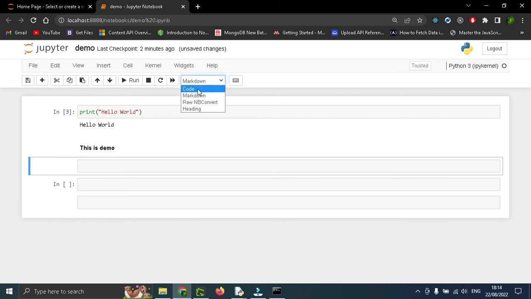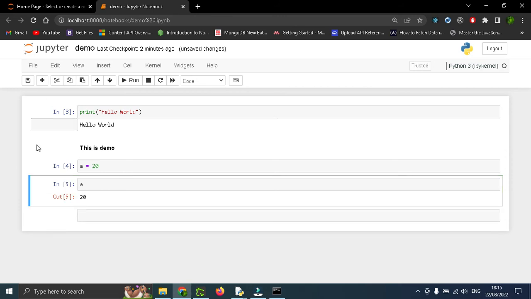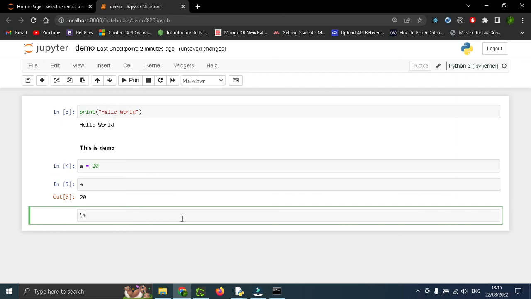So I am getting code here. If I take a is equal to 20 and I want to run this cell, I can press Ctrl Enter. Whatever we do in an IPython notebook, in the same way we can interactively play with Python in this notebook. If I import any module, for example pandas,